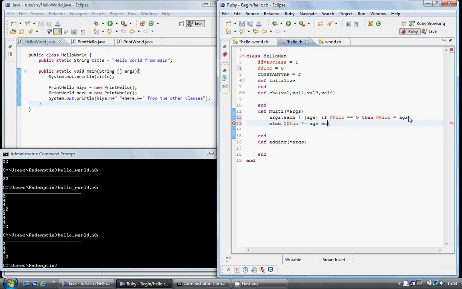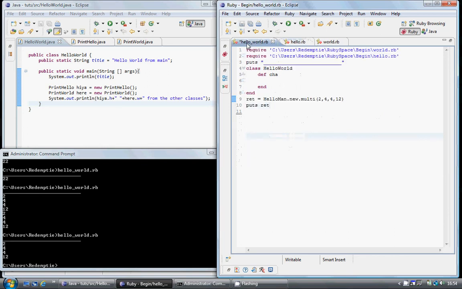And we put end to end the if statement. And we're going to put end to end the each statement. Then we return the variable. So if we save, and we save,